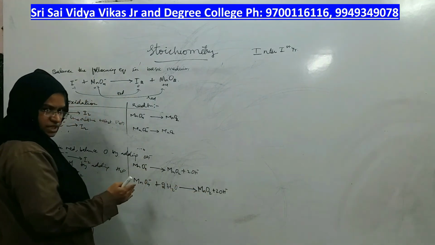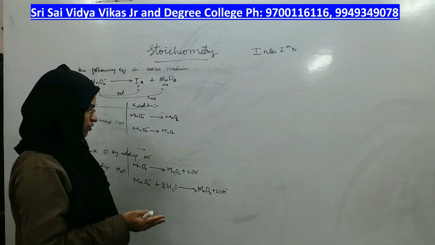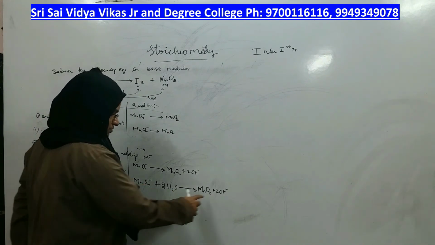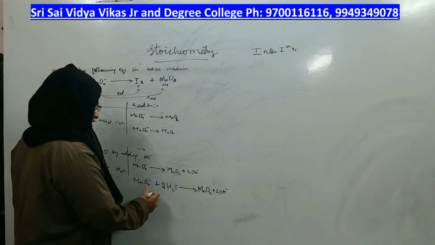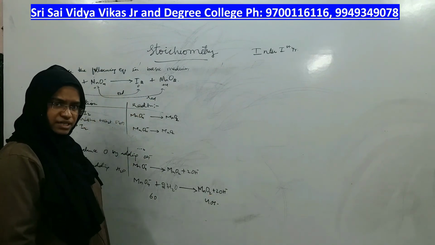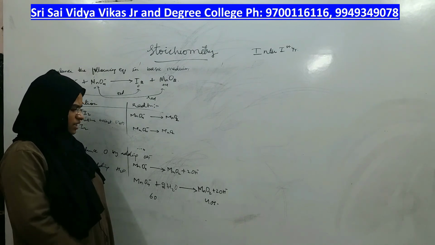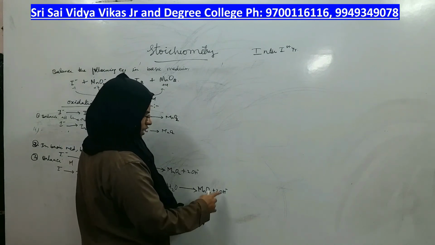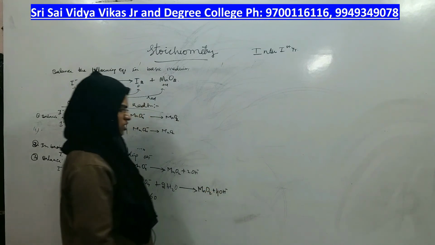Hydrogens we have balanced, right? Don't count hydrogens now. What do we have to do now? Go for oxygens. Is oxygen balanced or not? Let us see. 4 plus 2, 6. 2 plus 2, how many? 4, right? So here there are 6 oxygens, but here there are 4 oxygens. How to make oxygens balanced? However many oxygens are less, that many OH minus ions you should add. Here there are 6 oxygens, but here there are 2 oxygens less. So what you have to do? Add 2 more OH minus ions. So instead of writing 2 OH, make it 4 OH.